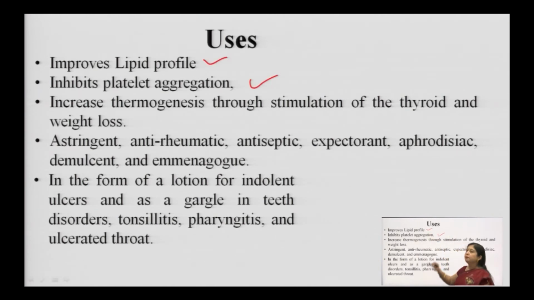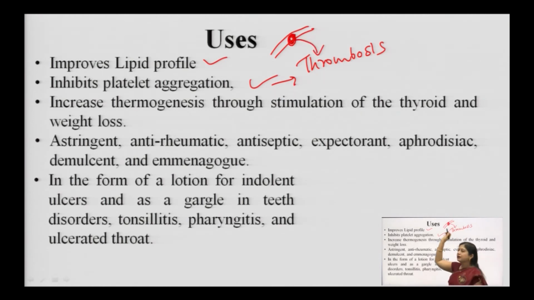Then it also inhibits platelet aggregation. Now, platelet aggregation is what? Whenever there is a wound, normally platelet helps in the platelet aggregation, it helps in blood clotting. So, it is useful, but whenever a patient is suffering from hypercholesteremia, then what can happen? That it can lead to thrombosis, because he has a lot of triglycerides which are free like LDL and VLDL, and he has platelets which are aggregating again and again. So, what will happen? The coronary arteries will get blocked, that is known as thrombosis, and it will lead to